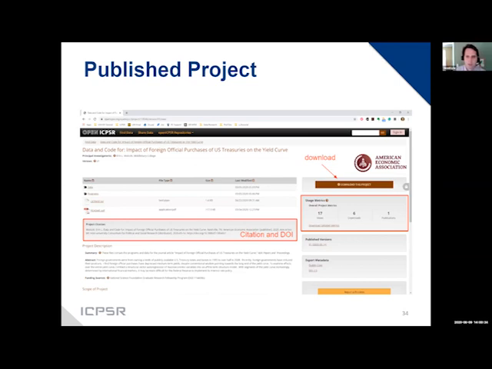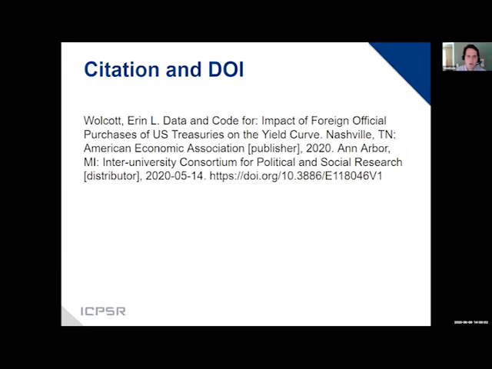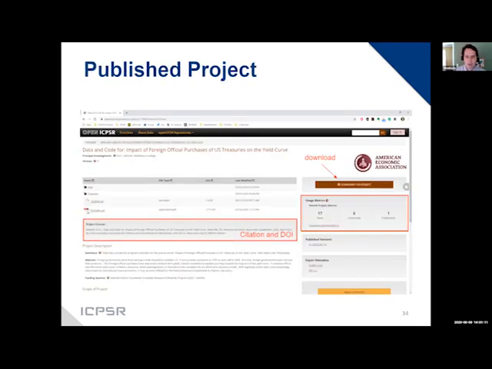So once the project is published, then what you see here is what's on the main website. Users can access the data. They can view the metadata that was completed by the depositor. There are usage statistics. There's an ability to download the data. And then there's a citation. And by citation, it includes credit for whomever was the principal investigator or the author of the data. It includes the year it was published. And there's a DOI, that persistent identifier reference that people can use, and it goes directly back to that project homepage.